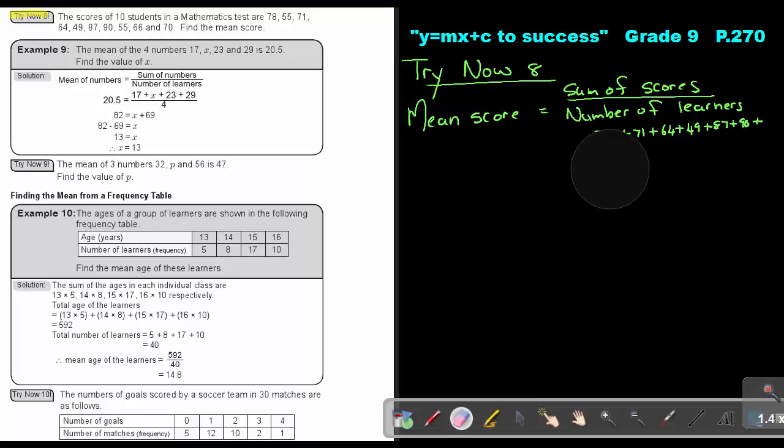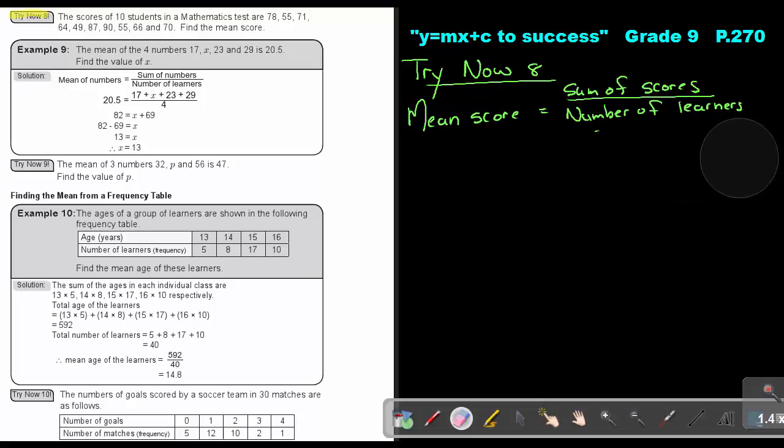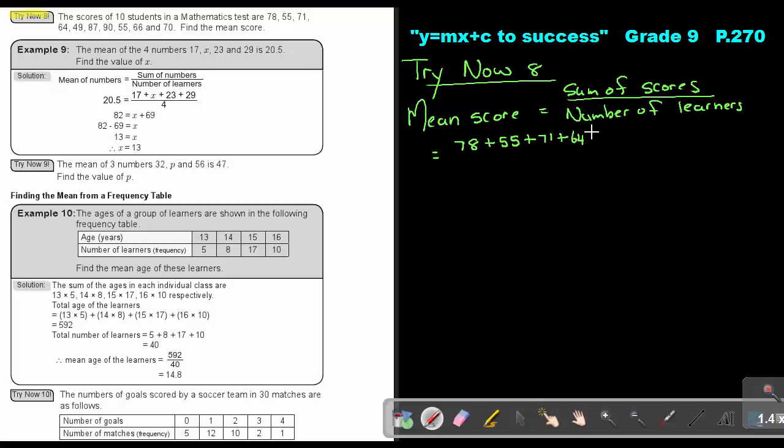So let's start again: 78 plus 55 plus 71 plus 64 plus 49 plus 87 plus 90 plus 55 plus 66 plus 70,